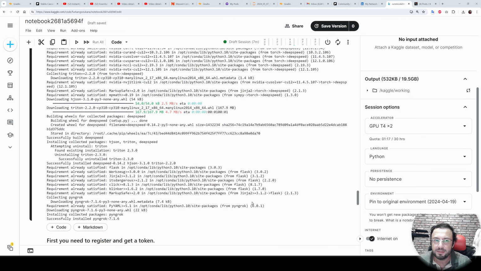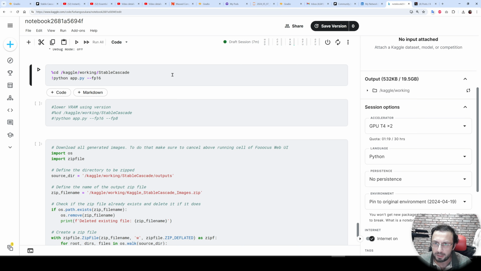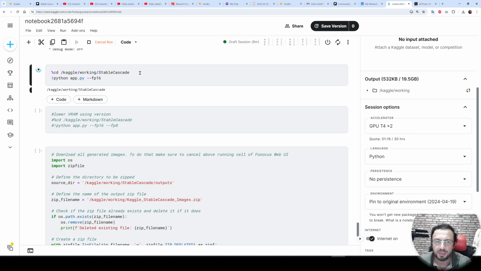Since Kaggle is still not allowing to use the Gradio Live share, I am not going to show this part. This part has full instructions, just follow them and you will be able to start and use the Gradio Live share. When you follow this part, you will get a link, and then once you have the link, you will start the application. Just I am going to show you right now. Okay, I got the link. Then I am going to execute this cell to start it with our newest optimizations.